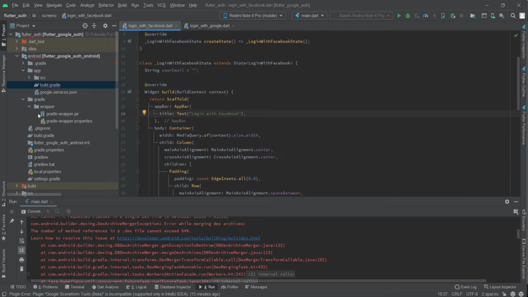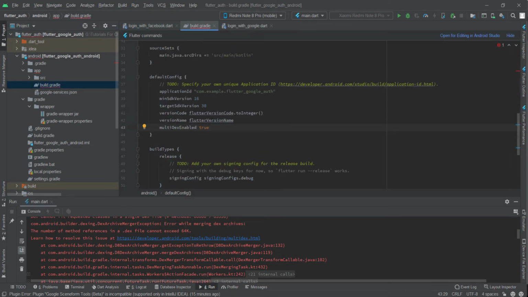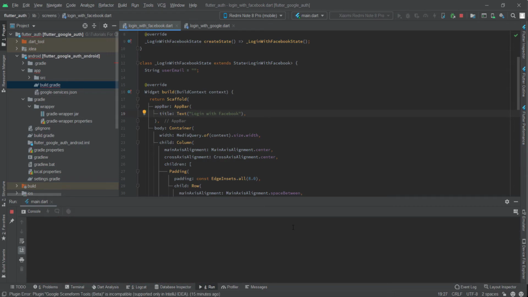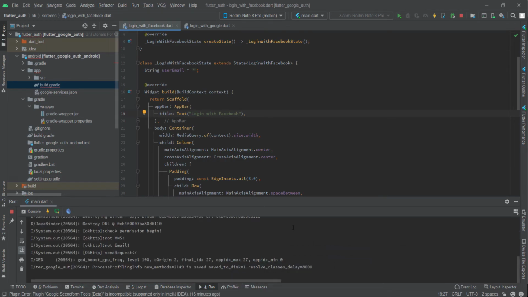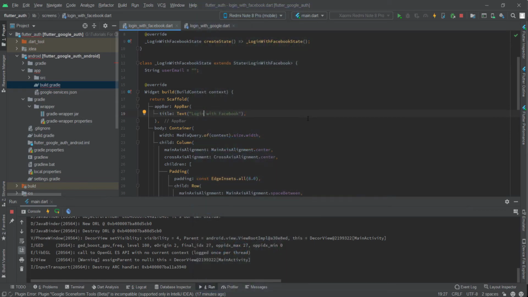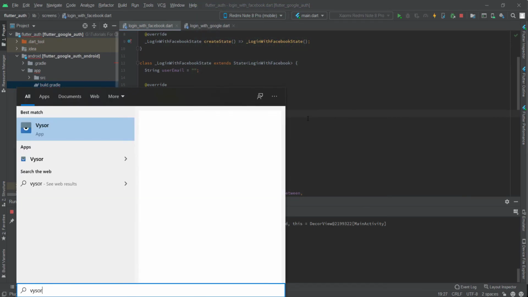wait a sec, multiDexEnabled true. Okay, now we need to run our app again and check whether this fixes our problem or not. And yes, it solved our problem. Okay, so let me open the wizard again